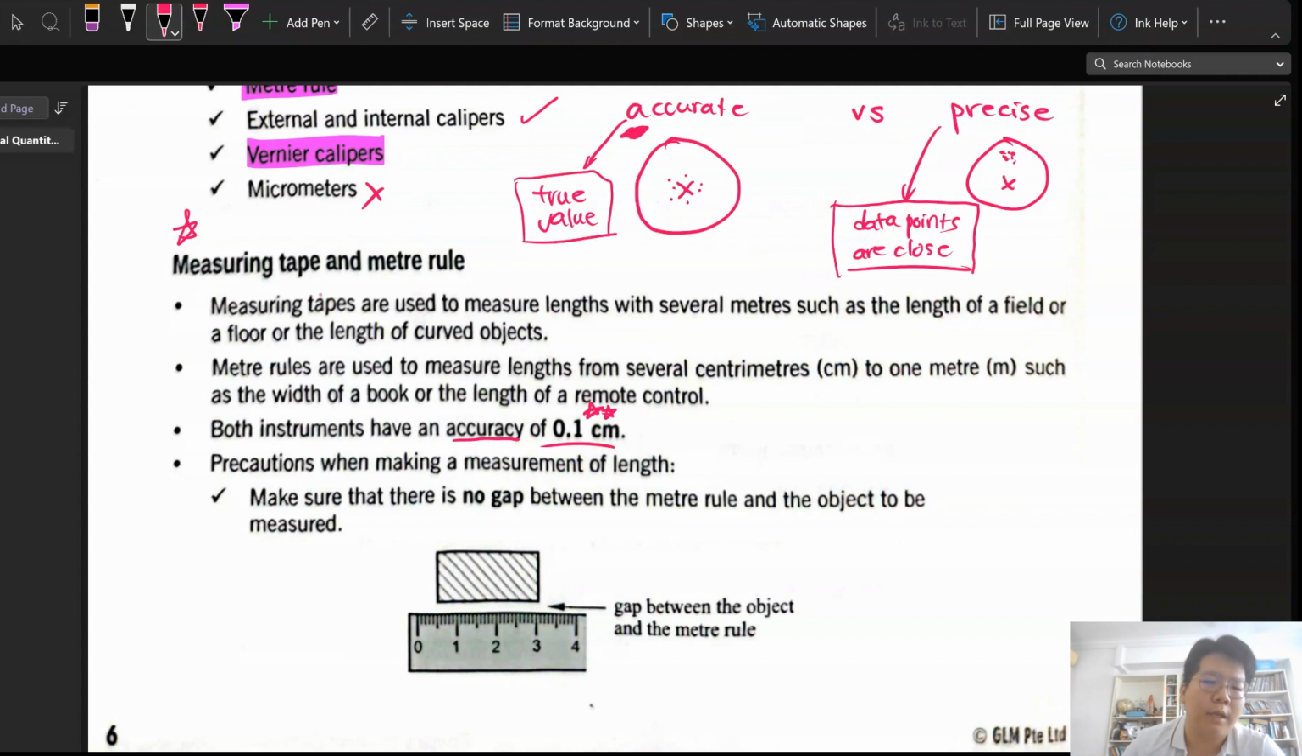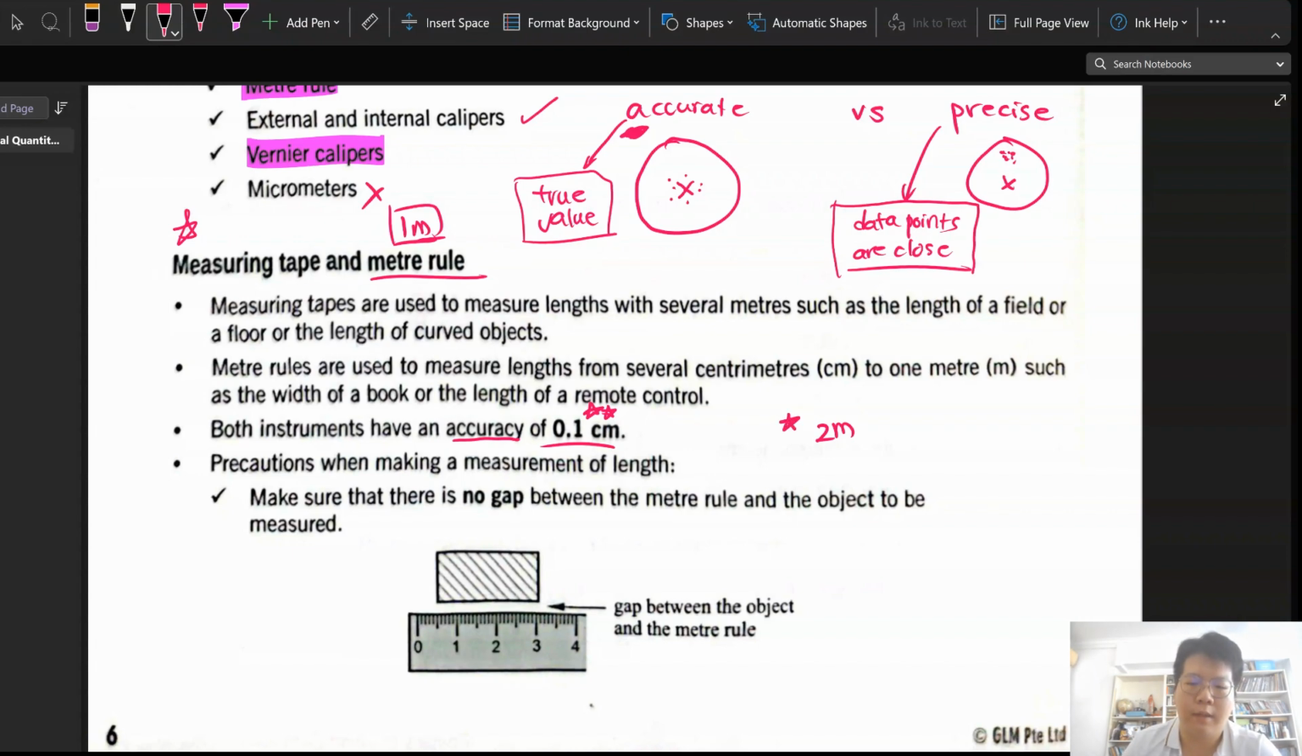So just remember that for your measuring tape and measuring rule, the accuracy is 0.1 cm. So when do I use measuring tape versus when do I use meter ruler? If the accuracies are both the same, why do I choose measuring tape over meter rule? The answer is very simple. As the name suggests, meter ruler means you can only measure up to 1 meter. So if I have a 2-meter object, instead of using my meter ruler to measure it, I should use my